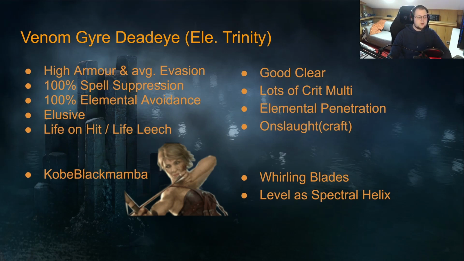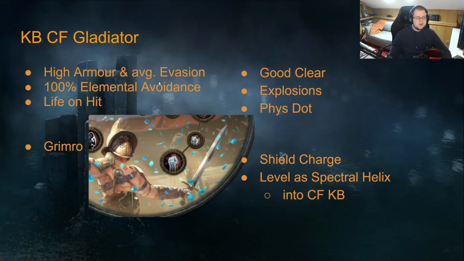Alright, getting to the third build: Kinetic Blast, Corrupting Fever Gladiator. Having very high armor, a good evasion, elemental avoidance, and life on hit, a good clear, built-in explosions, and is a physical damage-over-time based build utilizing Corrupting Fever. Overall, it's a very good clear build, a very fast mapper, which is perfect for this event. It isn't as tanky as the other two, but makes up for it with its mapping speed and the explosions. I can definitely recommend this if you are interested in being a very fast mapper or do like to explode screens. It utilizes Shield Charge and levels with Spectral Helix,